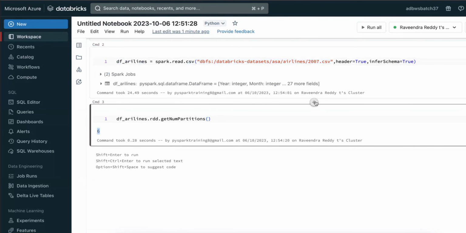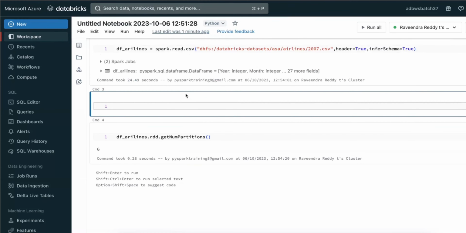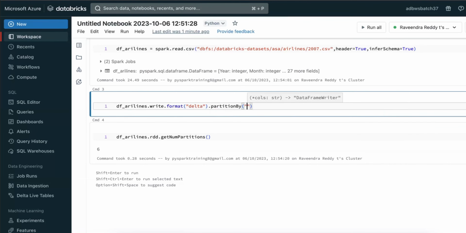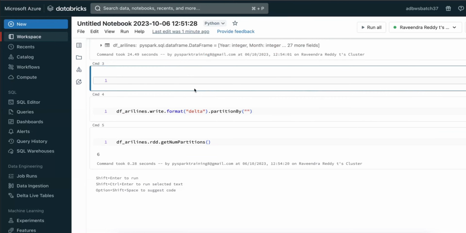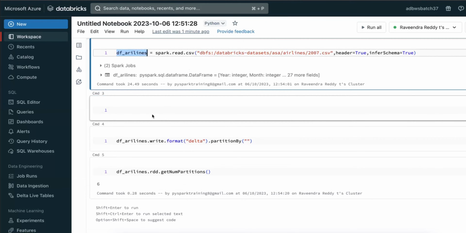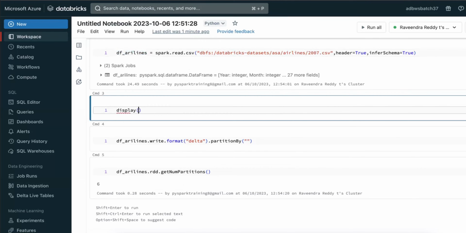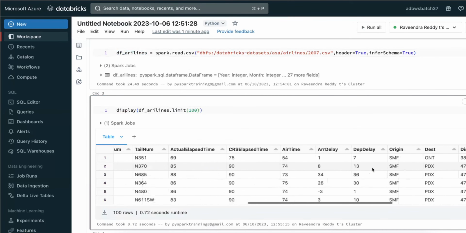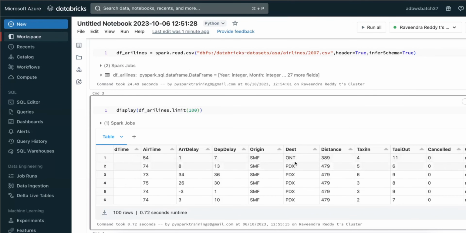But if we create a partition table, I'm going to use the format delta, then partition by. Meantime, I'll show you the data as well. I'll show you just some sample data, 100 records. I'm going to create a partitioning with any city or any other column. If you look at this, there is origin and destination. So I'll create origin-based partitioning. Okay, so let's create